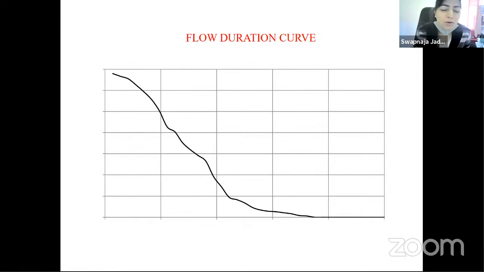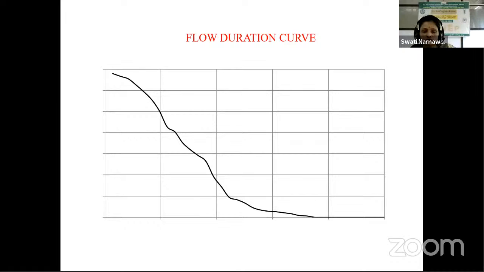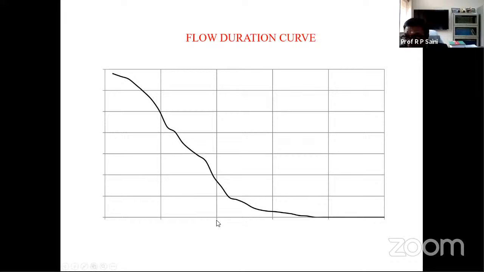So that's why I told you in the very beginning, this axis is a percentage of time. I told you that nowadays, if you fix the plant capacity up to 40% time duration, it will be feasible. So in this case, suppose this is 40%, there's no value given, so that is corresponding to this 40%.